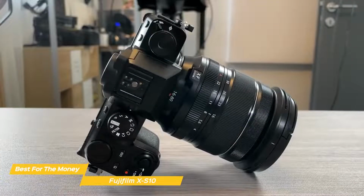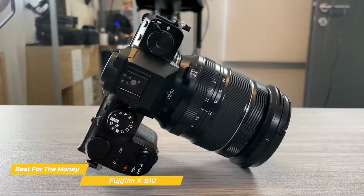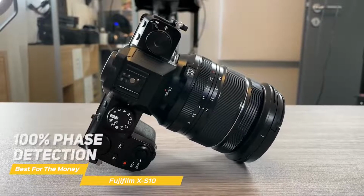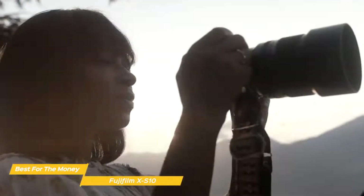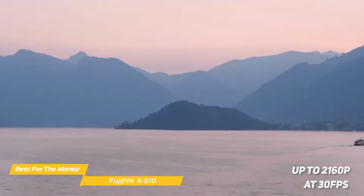The speed of the X Processor 4 enables fast read speeds when recording video and helps to reduce rolling shutter distortion when you're shooting moving subjects. The autofocus system offers 100% phase detection with face and eye detection and built-in in-body stabilization. When shooting video, you can capture up to 2160p at 30 FPS, and if you need to take a few